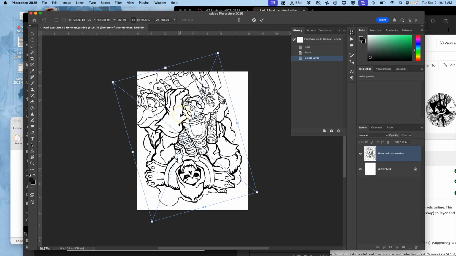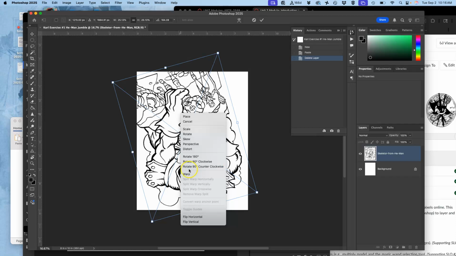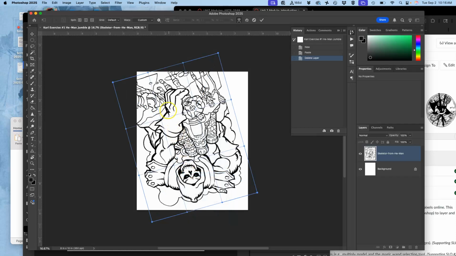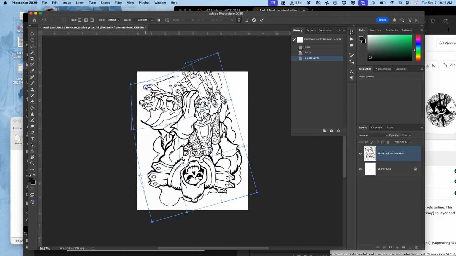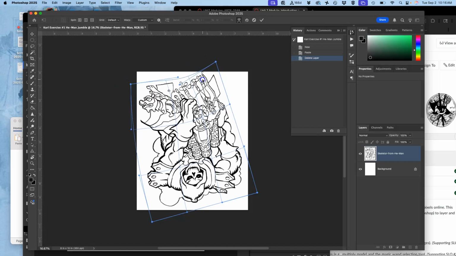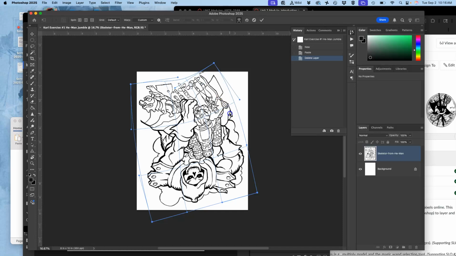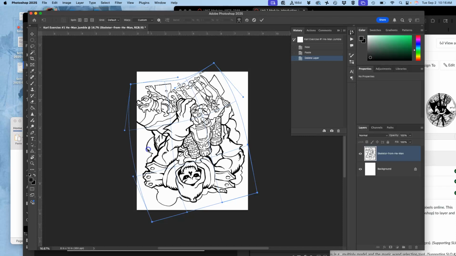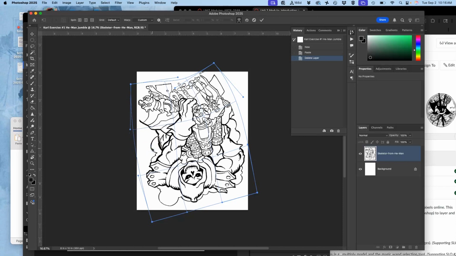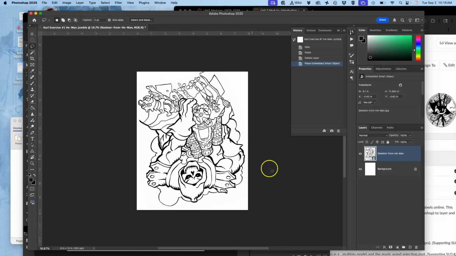If I right click inside of the transform box, I can do warp, which is my favorite free transform. And I can push and pull these lines like they're cookie dough and kind of squeeze it all into my format. Or silly putty, right? And then I hit return. But what's the difference? The difference is now this has this little black box in the layer preview. That means that if I start to try to delete things from it, like this, it won't let